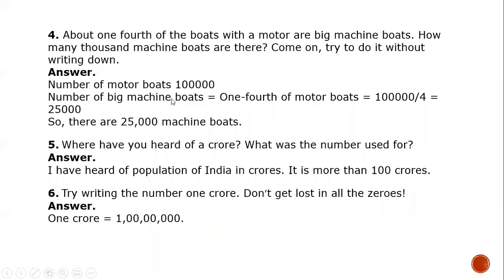We can solve it over here. The number of motor boats is 1 lakh. The number of big machine boats is 1/4 of it. 1/4 of it means we are dividing 1 lakh by 4. So which will be 25,000 machine boats. Going back,